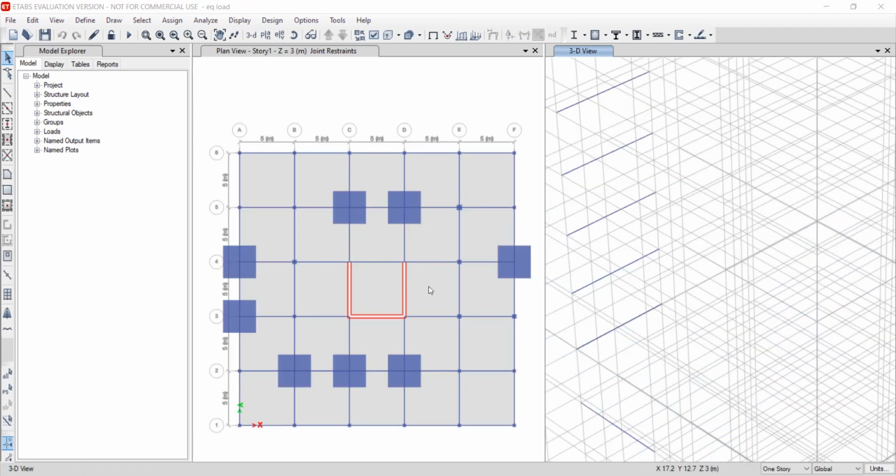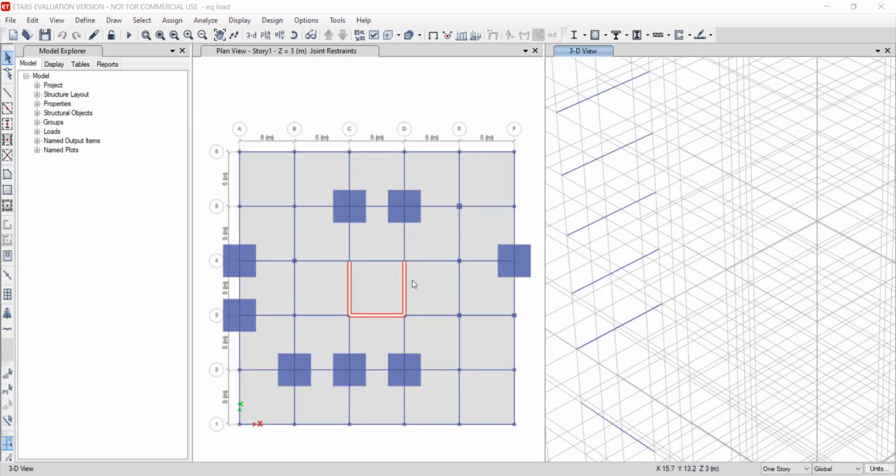So after analysis, I came out to the perfect concrete column section and beam section. Compared to the previous video, after adding the shear wall, the maximum size of the member was reduced by 2 to 3 numbers.